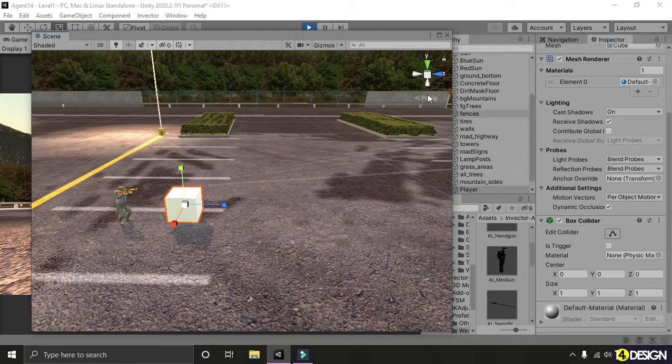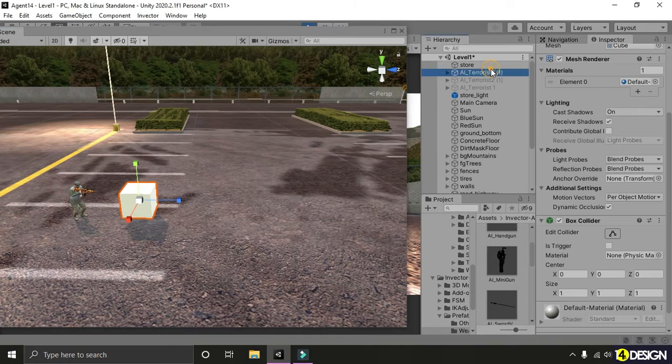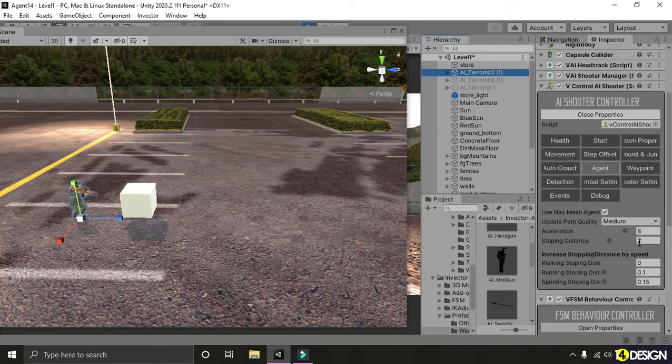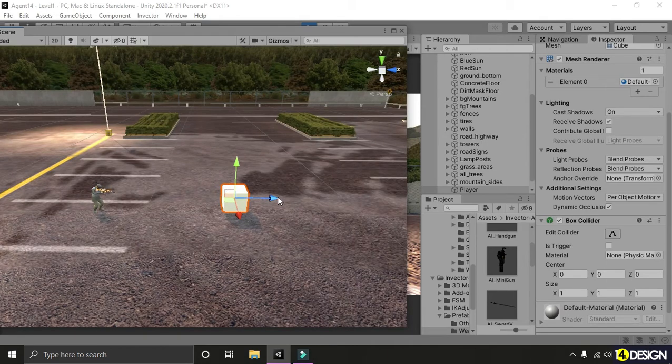Okay, now let's try to increase the stopping distance to, let's say, 6.